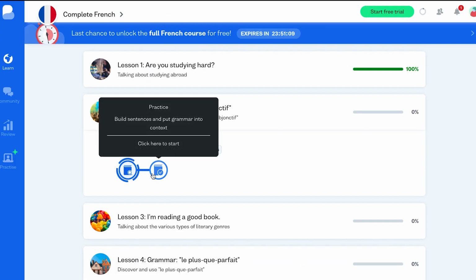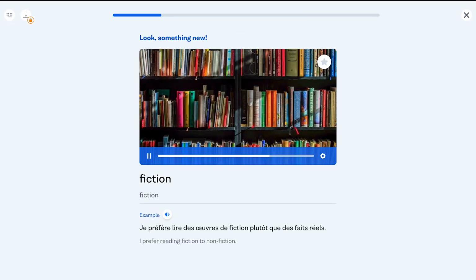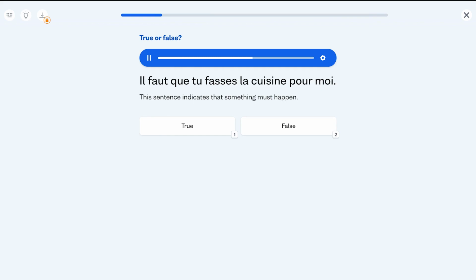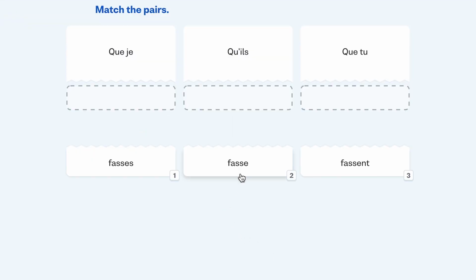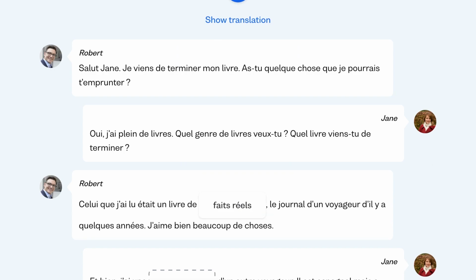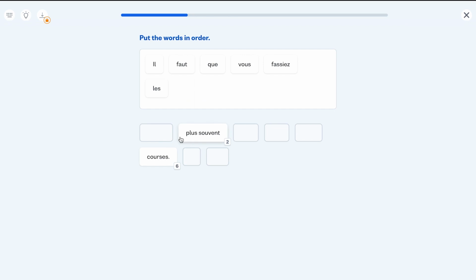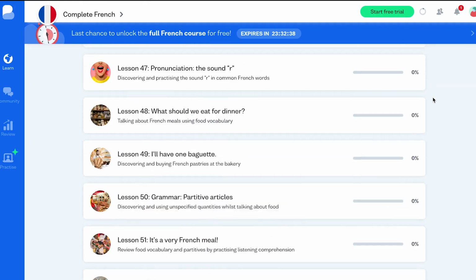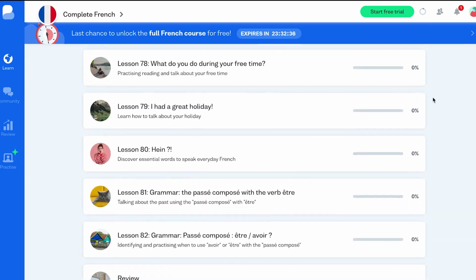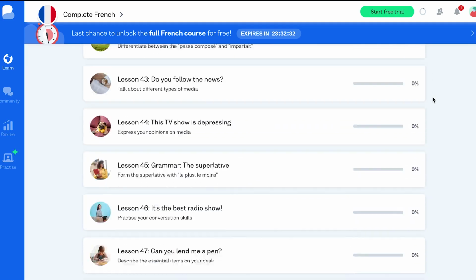This tab provides a series of mini lessons, each one taking about 5 to 10 minutes, teaching you a few vocabulary words, then quizzing you on them with a variety of interactive questions. Some questions are fill in the blank, some are matching, some are audio conversations where you fill in the missing word. Whatever the exercise, the point is to drill the vocab. Once you're done with one lesson, you just keep moving on to the next one, and so on, until you get to the end of chapter test. So these lessons are really the bread and butter of Busuu.